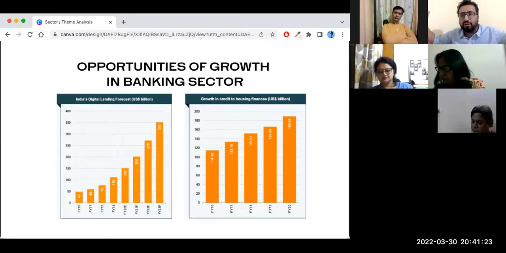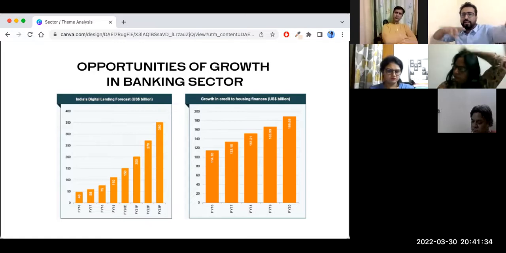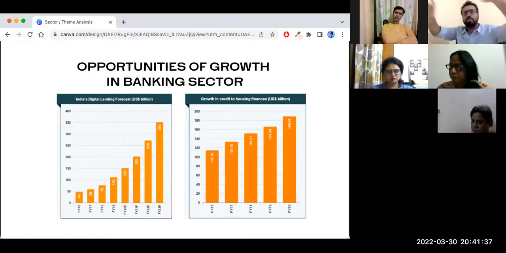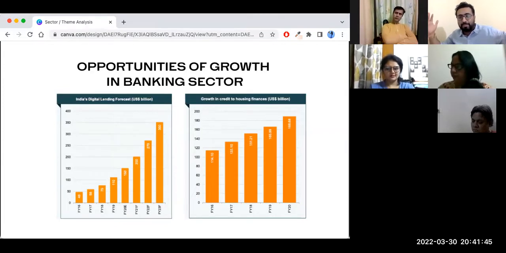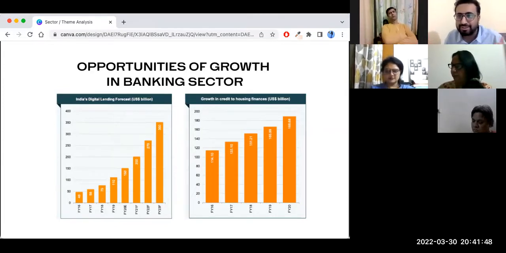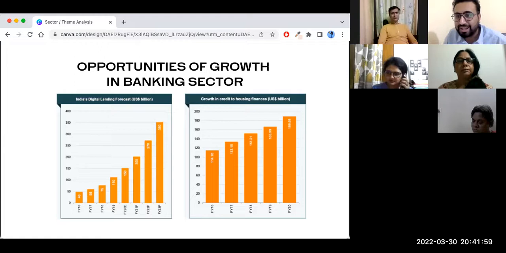Now, because of the advent of the internet, everything happens online, and even loans are given online, which means there are now at least 500 different kinds of mobile applications. There is EarlySalary, there is Navi, there is so much. All these different kinds of companies are giving you loans in 5 minutes, and that too online. So you get all these SMSs: Mr. Manash Bhattacharya, you have got a pre-approved loan of 5 lakh rupees. Click here to claim. That's called digital lending.